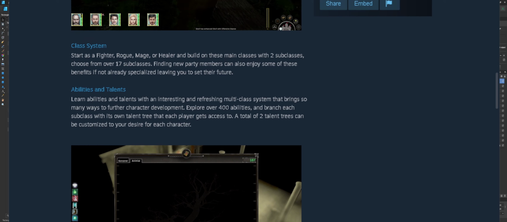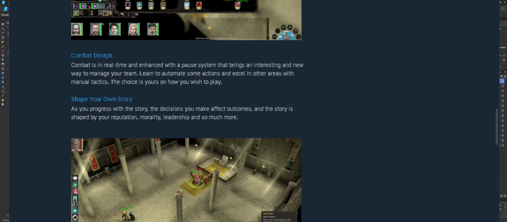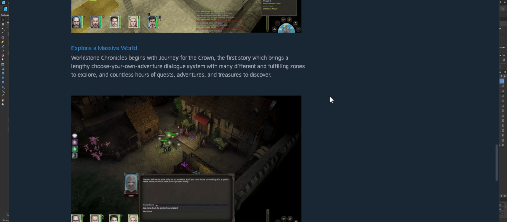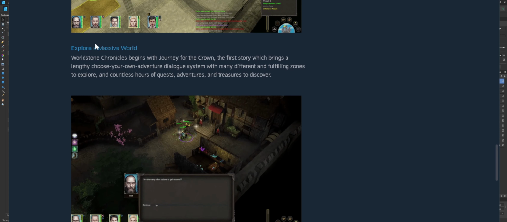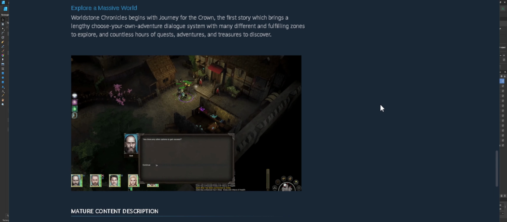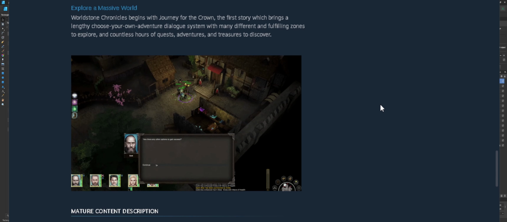And then we have a breakdown of what your unique selling points would be, right? So we're talking about the class system with subclasses, multiple party members. We're looking at the abilities and talents, the combat design, shaping your own story. So we've got some decisions that are going to affect the story in some way. We can explore a massive world. So there's another selling point. So if you like open world, you're being told this is a big one that you have to explore, which